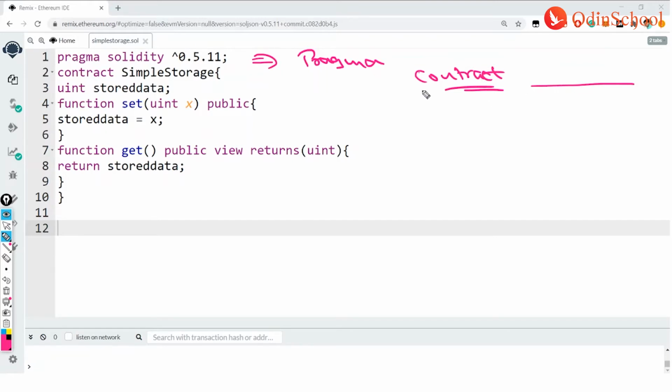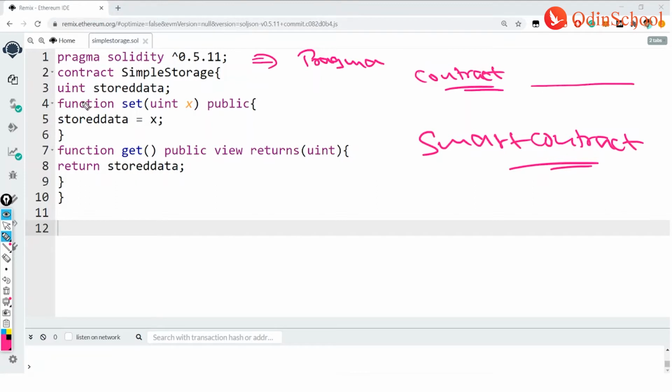Now if you could see here in this case, this is your contract and then your contract name. It is simple like your class and your class name. Like how you have your class and your class name, in the same way you have your contract and then your contract name. Why am I trying to put contract here? The reason is you are designing a smart contract here. So you just can't write a class name here. You need to write contract and then your contract name. My contract name can be any name. You can write any name which is feasible to you.